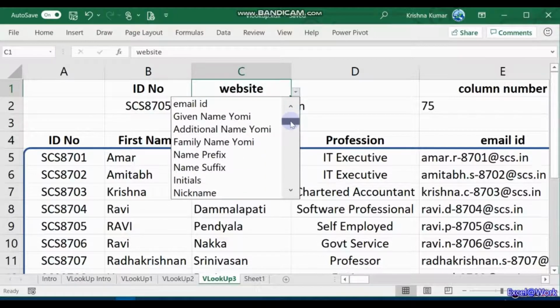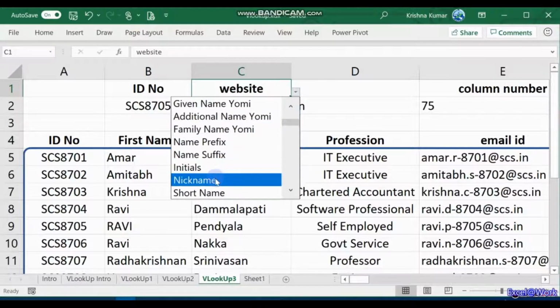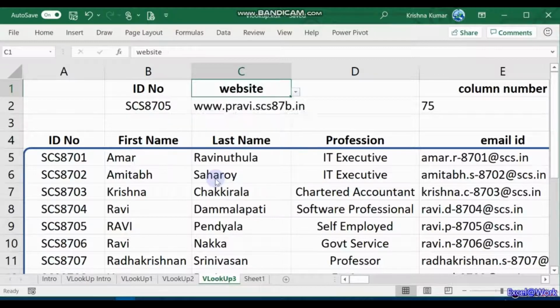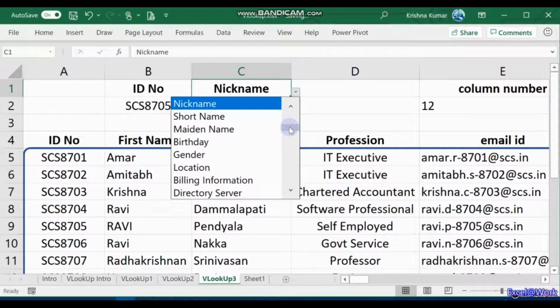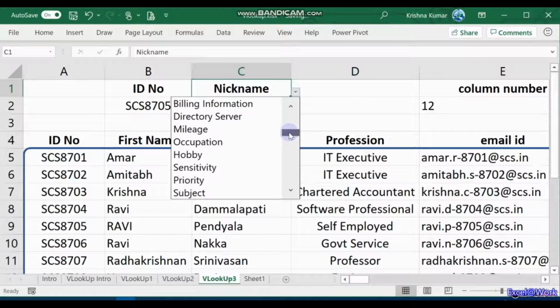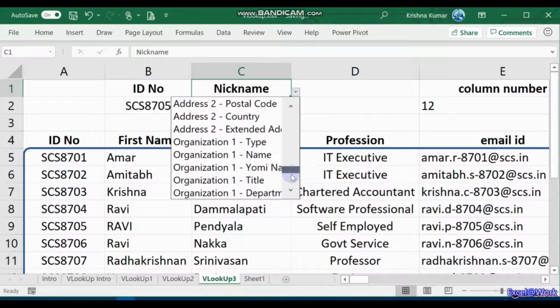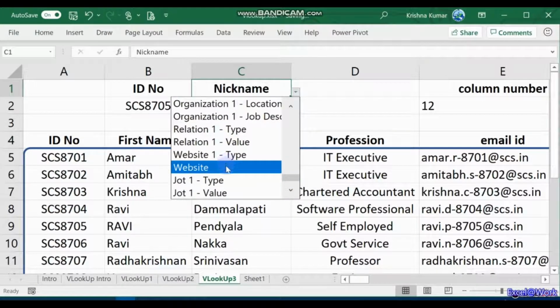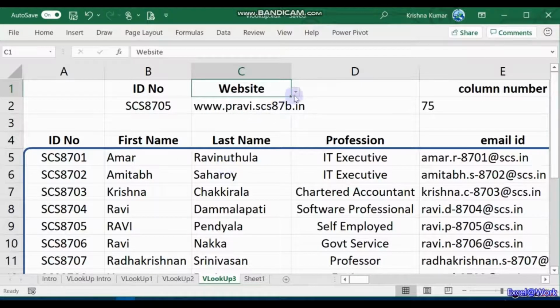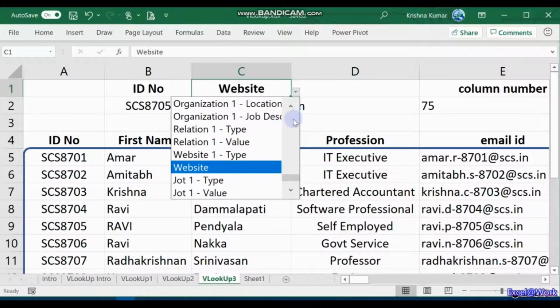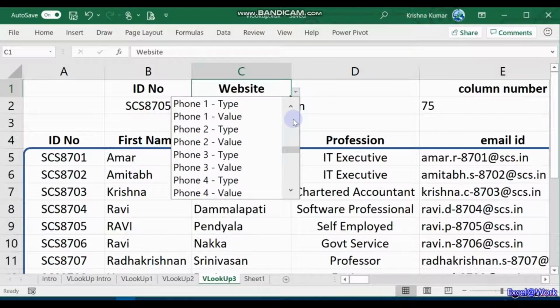So here, if you want the nickname, I am selecting nickname because there's data available here. You select nickname, you get P Ravi. So a newcomer knows what data is available here, for which he can bring up the data. Website again is here, and then there is location also, which you have filled the data in.